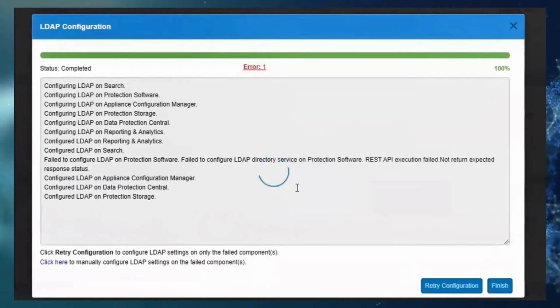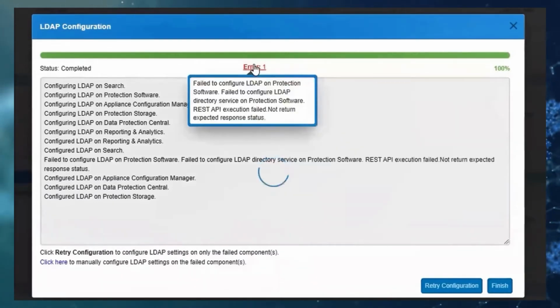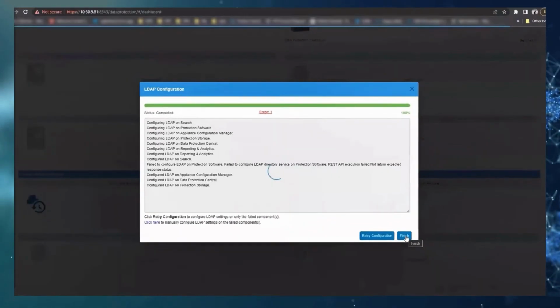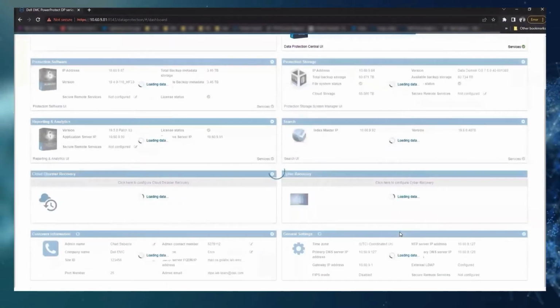And once it's finished, if there are any failures, it gives you an error, and you notice it gives a pop-up of what failed. It's also the same thing that's in here. You have an option to retry, or you can manually do this.